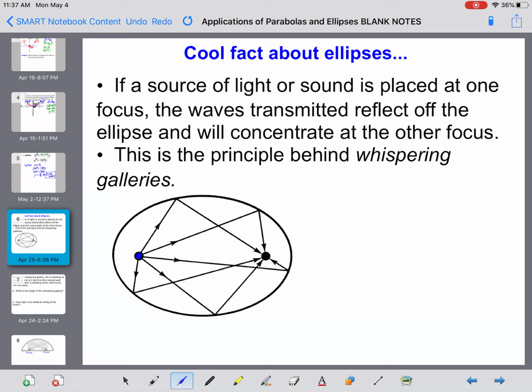So one cool thing that happens here, right? Here's one focus. Here's the other focus. Anything you put at this focus will shoot out, reflect off the surface of the ellipse, and bam, hit that other focus. Any direction. Even if it goes away from the other focus, even if it goes this way, it's going to hit there, and it's going to reflect back that way, right? So kind of crazy, pretty cool